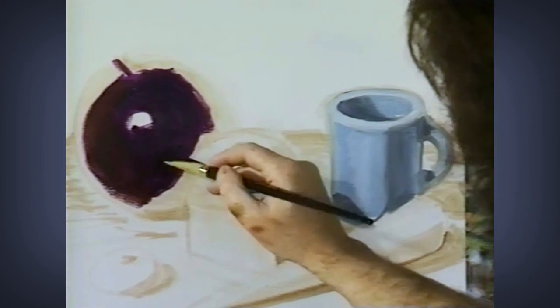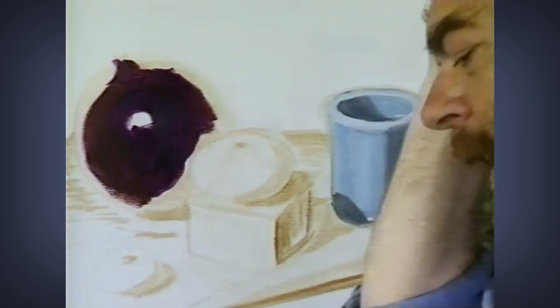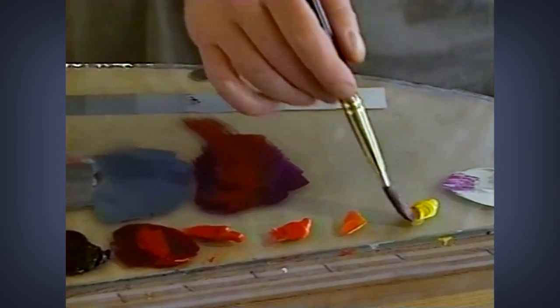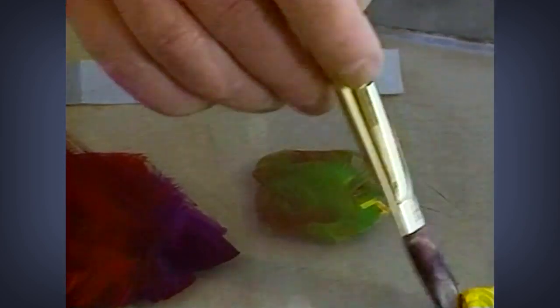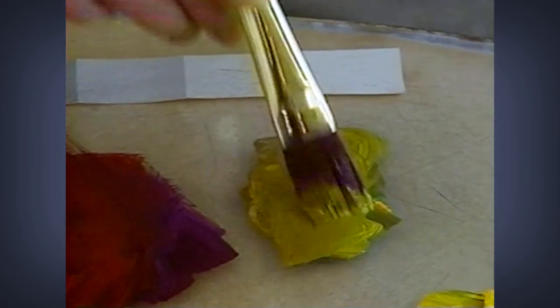All right, now our basic color is a red violet, and so now we're going to put the shadow color in. And what color is that going to be? We're going to look for the complement of red violet, which is a yellow green. So I don't have a yellow green up here. I have to mix it up as I go. So I'm going to take a little yellow, and a little green, and I'm going to do that on the side here, so I can get the approximately right color,